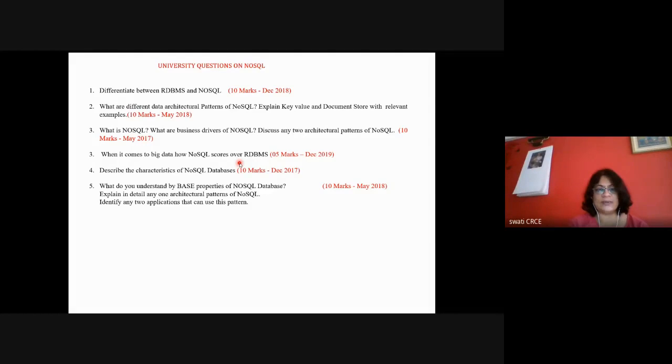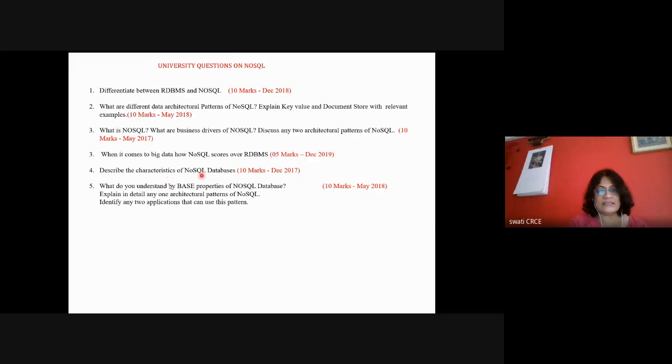This is from the first part. Again, it is like advantages of NoSQL over RDBMS. So this question is nothing but this question only. If you observe this entire syllabus of B.Tech Computer for big data analytics, there is a fixed set of questions which are asked, and if you prepare and plan properly, you can score highly in the subject. And you need to present it properly because it's a theory subject.